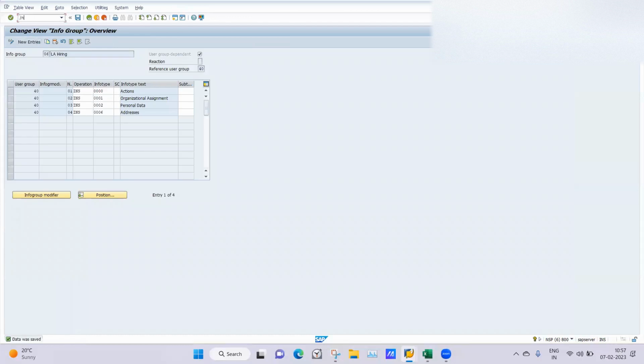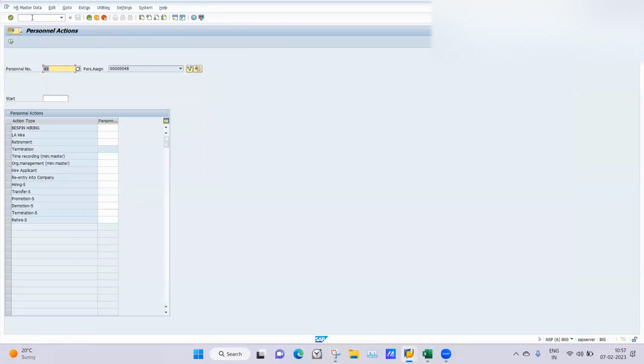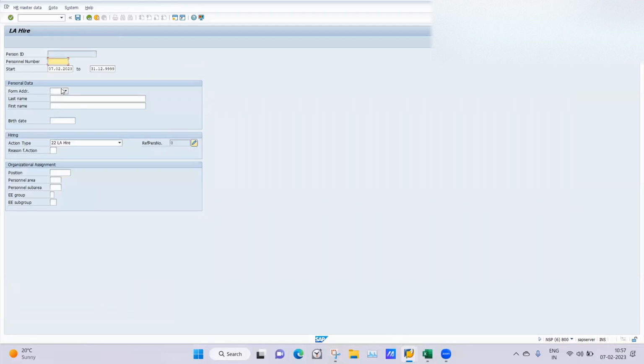Now I will expedite it a little. So again, I will hire any employee, whose hire date will be 7/2/2023. LA hire, Mr. Position I will be using the default one, LA04. No, LA01. Either I will take that or